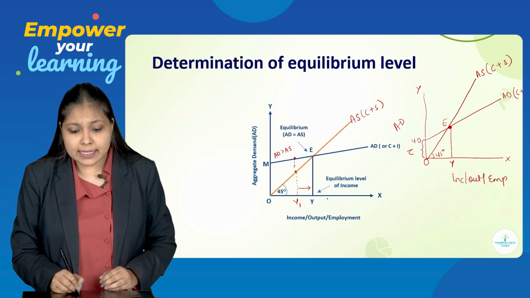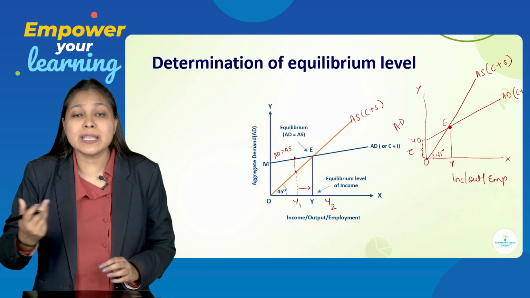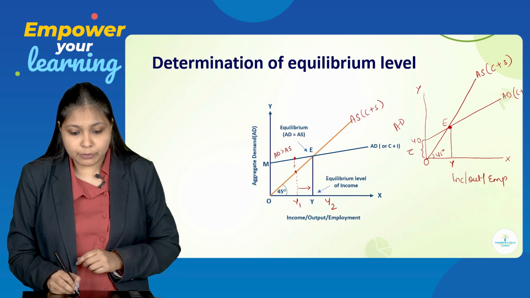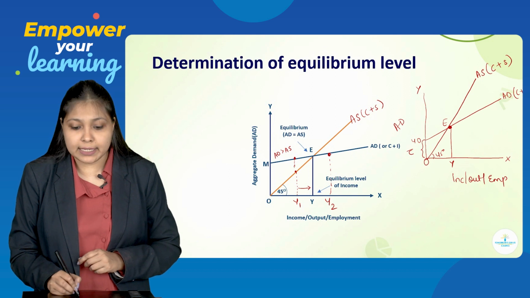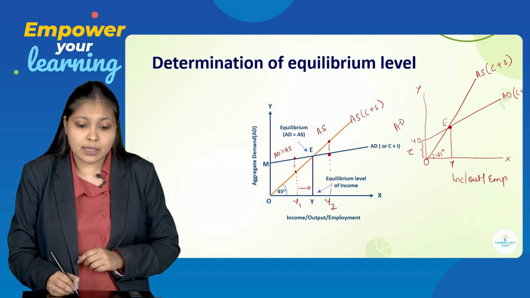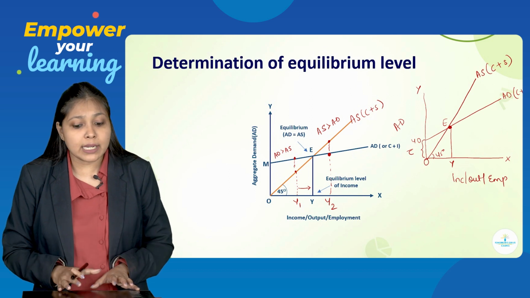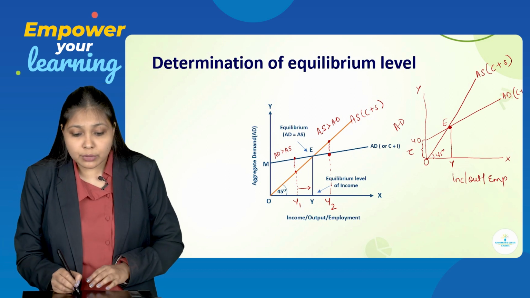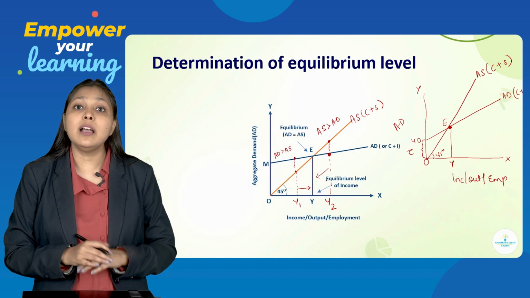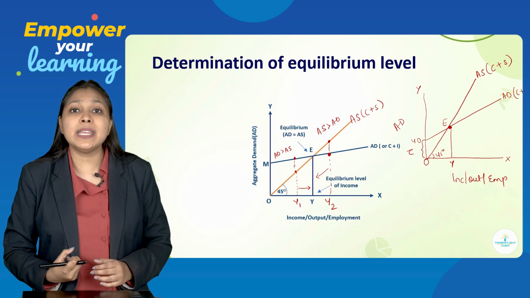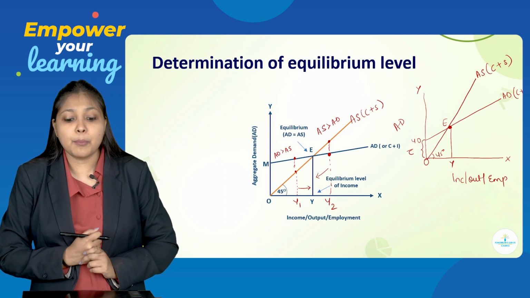Same way, if I say that I want to keep Y2 as my equilibrium point, my income, output, employment point, again if I go up from here, the first point which I am intersecting is of AD. If I go up more, I will get AS. That means here what is happening? My AS is becoming more than AD. So still my economy is not at equilibrium. So what will I have to do? Now I will have to shift towards the left-hand side. I will have to come from Y2 to Y in order to bring the economy back to the equilibrium position,